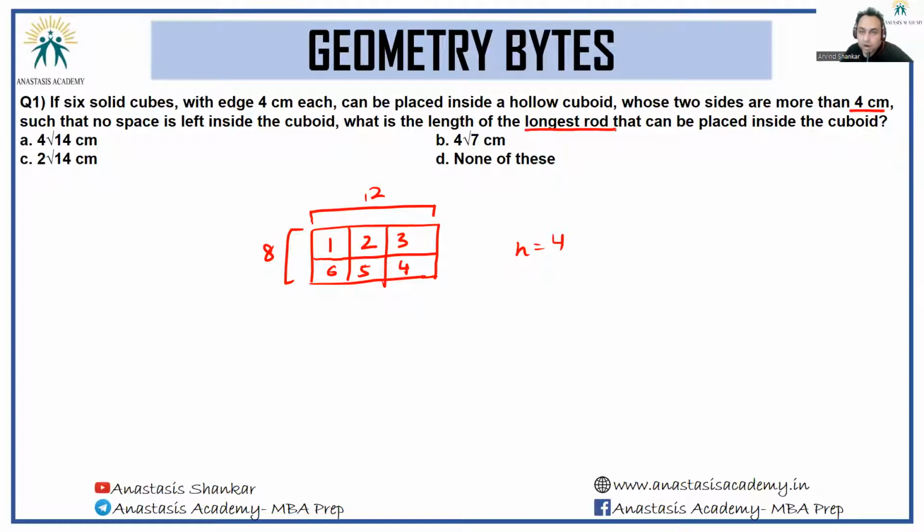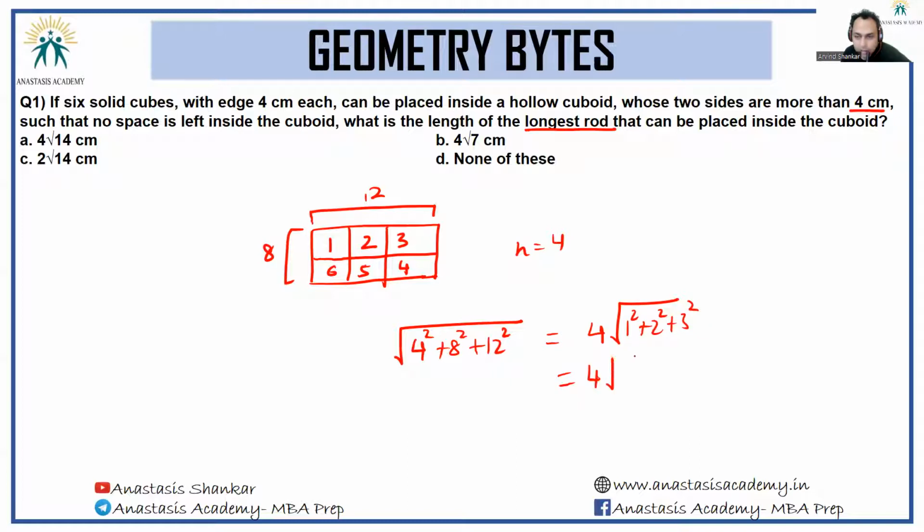When they're asking me for the longest rod that can be placed inside the cuboid, basically they're asking for the length of the body diagonal. So the length of the body diagonal is given by under root 4 square plus 8 square plus 12 square, which will be equal to, 4 comes out normally, I have 1 square plus 2 square plus 3 square, which is equal to 4 under root 14,